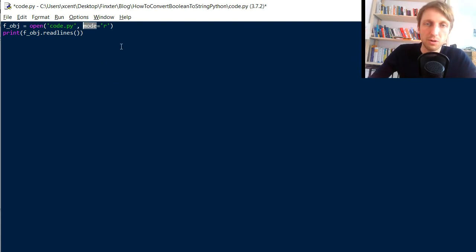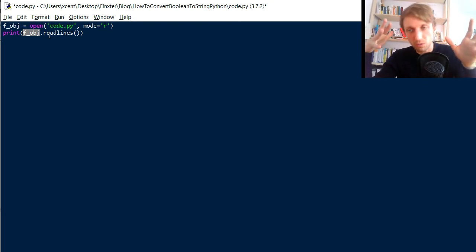It's an optional argument. Per default, it's in read-only mode. So per default, you can only read stuff from the file object. You cannot write into the file object. So Python needs to know this, because the operating system, like if you can also write